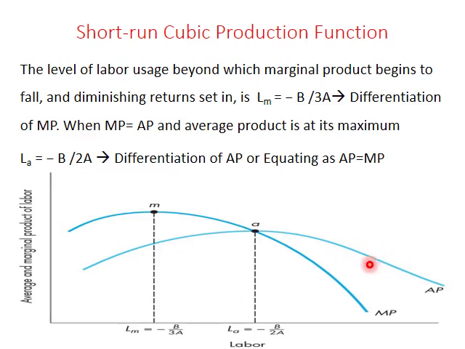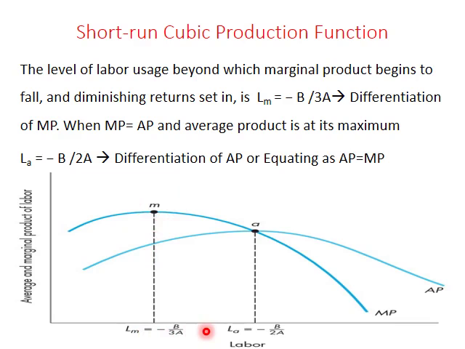This graph shows the average product and the marginal product. By the way, using differentiation, we can get the maximum point. For example, here is the marginal product. The maximum point of the marginal product can be obtained by differentiating the marginal product and equating to 0. When we differentiate and equate to 0, we get the maximum point, that is LM equals minus B